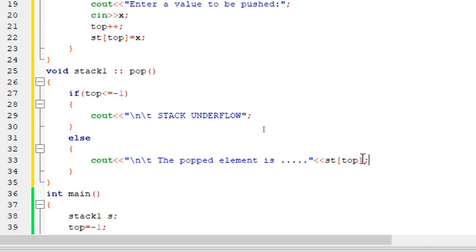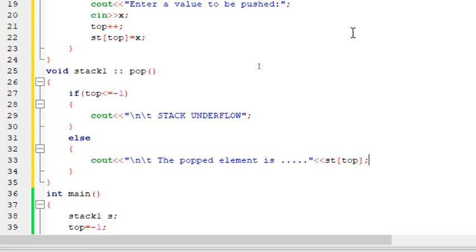So what is the value of this st of top? If I say I have 5 elements, the top will be at the 5th element, isn't it? That means from 0 to 4, it will be pointing to the 4th index. The top is pointing over there. I'm saying the popped element is st of top. That value is going to be displayed here. And physically, I'm not going to remove this memory. We know that we are dealing with an array.